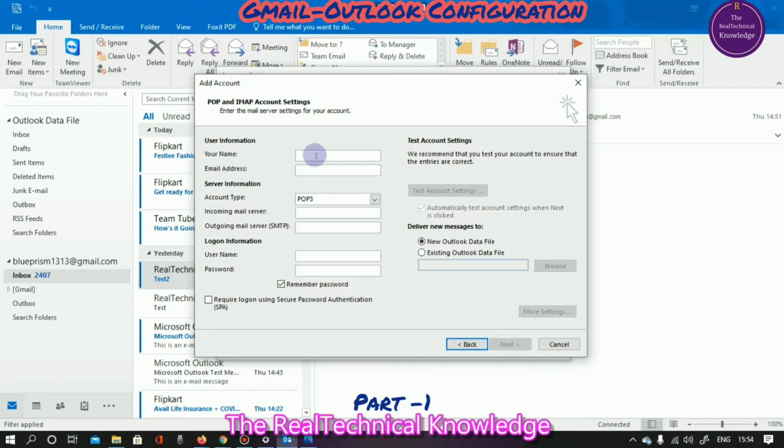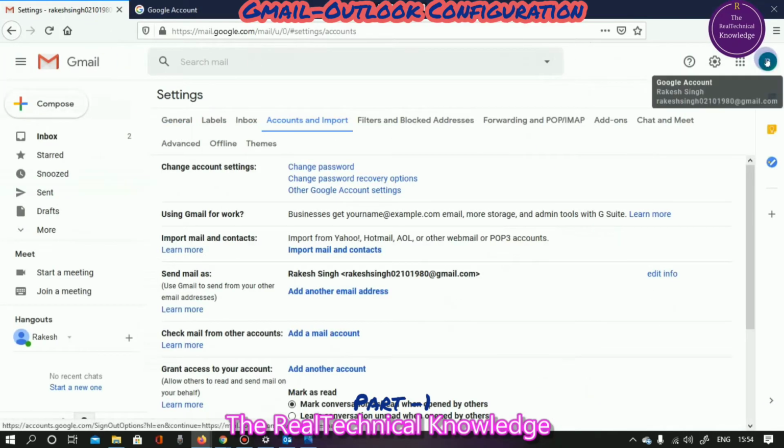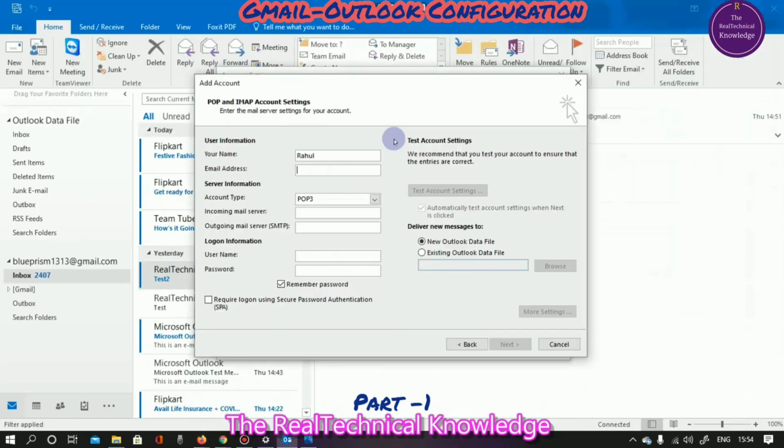So now I am going to put in a name which is going to be displayed in your Outlook. I need to open that email account first. So let me put the same name over there, Rakesh Singh.